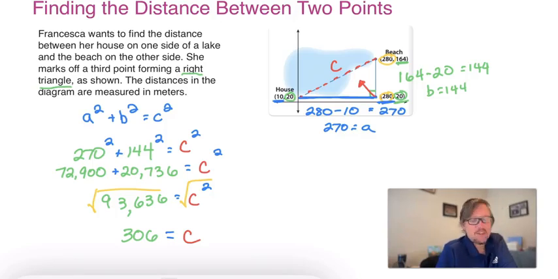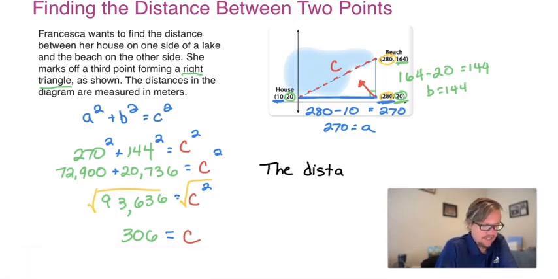So the answer is 306, but we don't want to just leave it at that. We want to write our answer in context. We will say the distance from